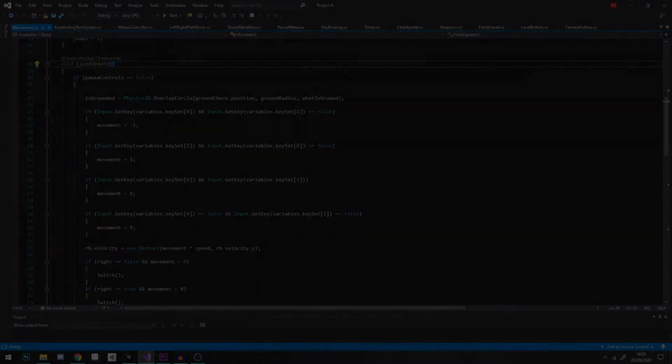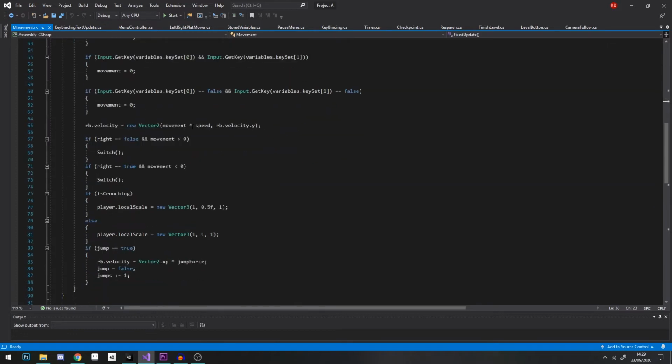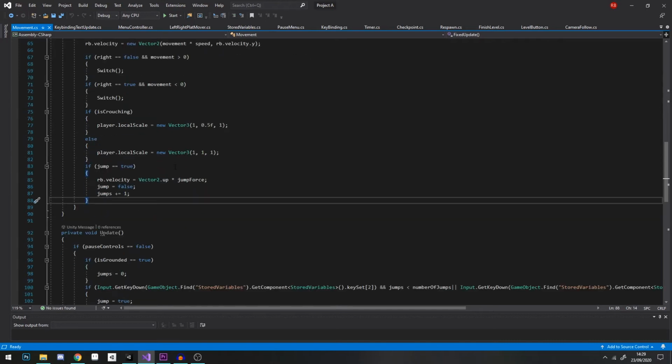So within the movement script, within fixed update, as you should control the physics within fixed update and input within update. In the fixed update, when jump is true, it adds the velocity and sets jump to false. So you're only jumping once, but it also adds one to the jumps category. Now jumps obviously records the number of jumps. If we go into where it gets the input,